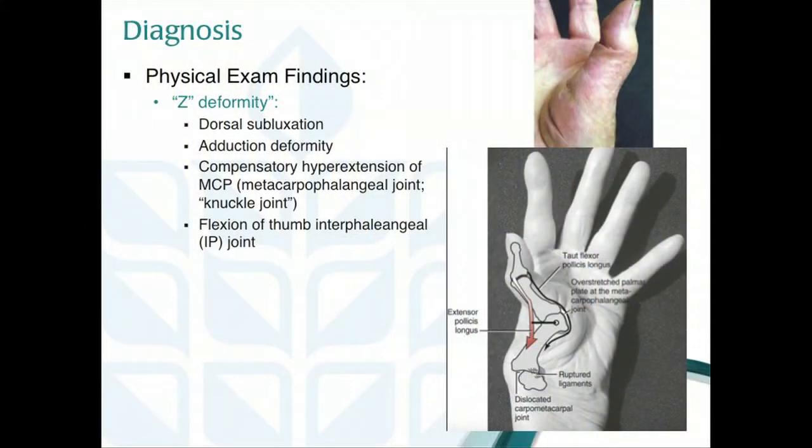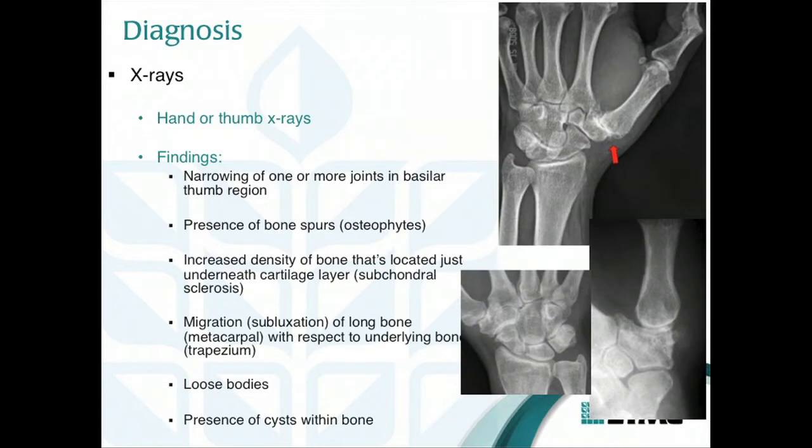And when that happens, there's a tendon over here. Because this joint is stretched all the way back, this tendon becomes very taut and ultimately ends up bending this joint here forward, so you get that Z deformity. And we also get radiographs or X-rays in clinic to help confirm our clinical suspicion